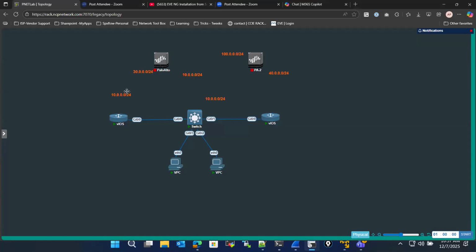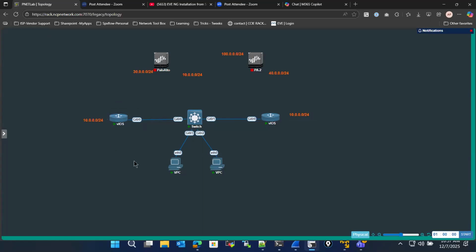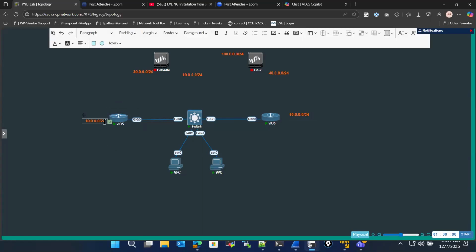So let's modify this topology a bit. Here we will have a 10 network on the left hand side, 10.1.1.1, let's make it simple, 10.0.0.0/24. So on VLAN 10,